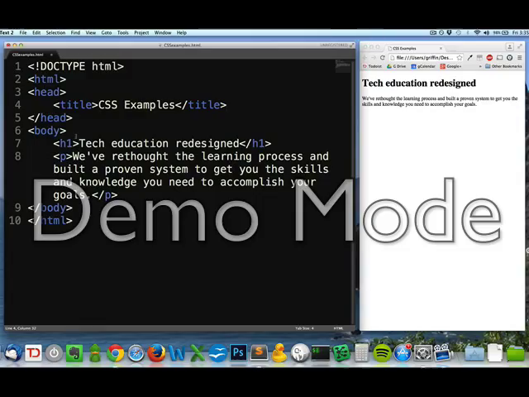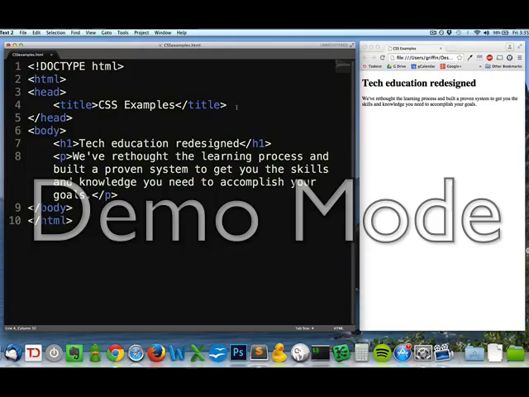Now in order for us to do this, we need a place in our HTML document for CSS to live. And there's a couple different ways that we can do this. We can do what's called an embedded style, where we have CSS right in place in our HTML document. Or we can do something called external style sheets, where we actually have a completely separate CSS file that's completely different from our HTML file, and then we get our CSS file and our HTML file to talk to each other. We're going to do the embedded style sheets so that we can see all of our CSS right here